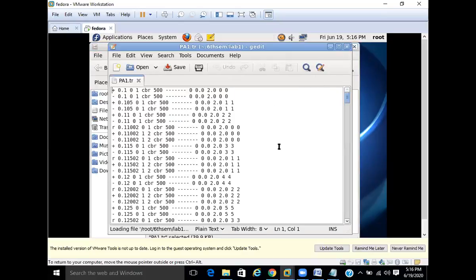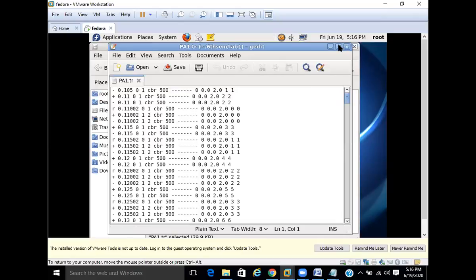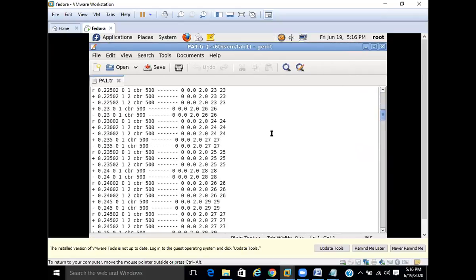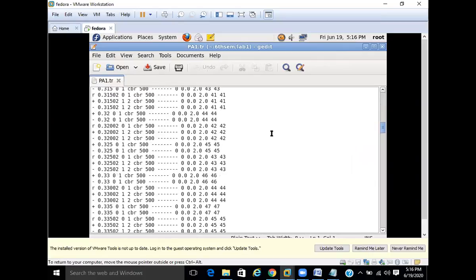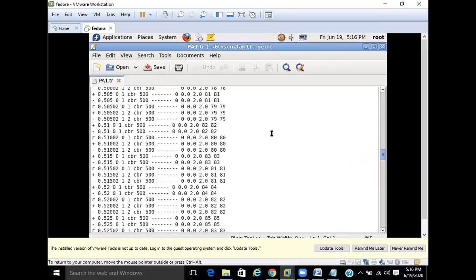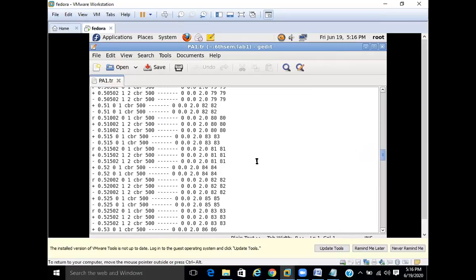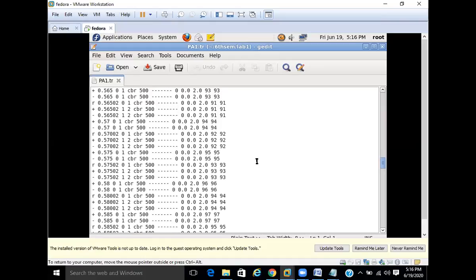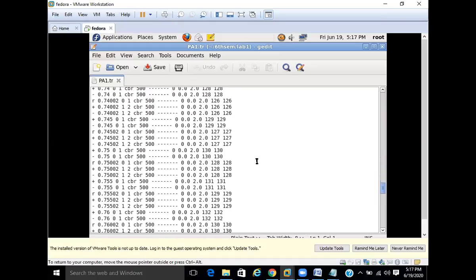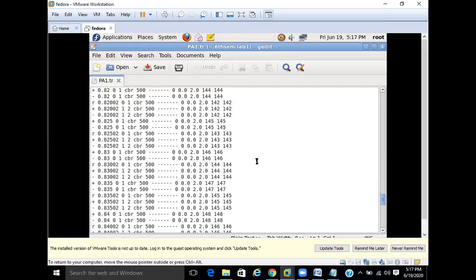See here, the length of this file is very large, so you are unable to count. For that we write the AWK script for counting the number of packets dropped. Maximum packet size we have taken is 500. How many have reached and how many have dropped, that count comes automatically by writing the AWK script.